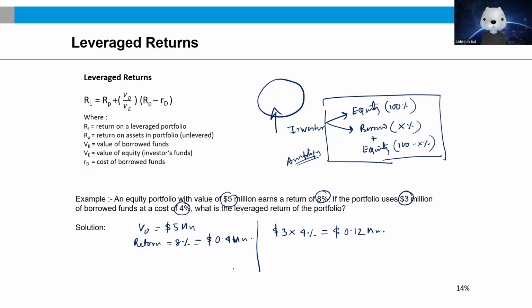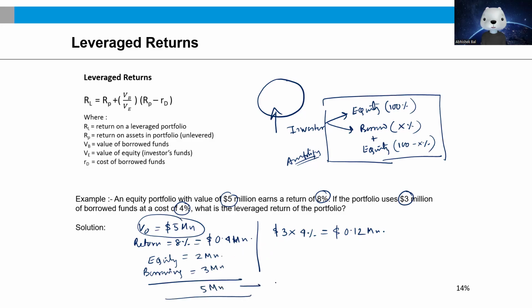Okay. So now effectively what has happened, let's see. The investor funded a portfolio which was valued at 5 million by putting in his own equity of 2 million and borrowing 3 million. Thus, his total investment became 5 million. This 5 million over a period of 1 year earned him